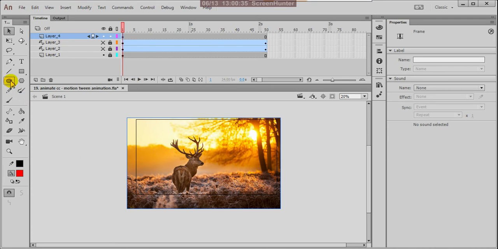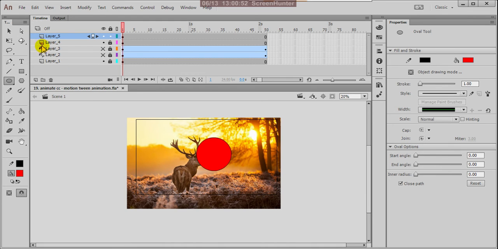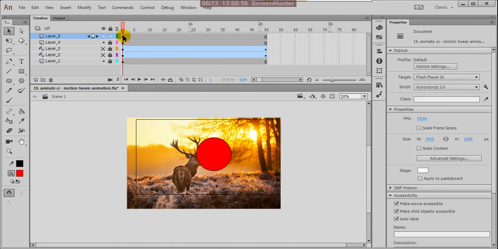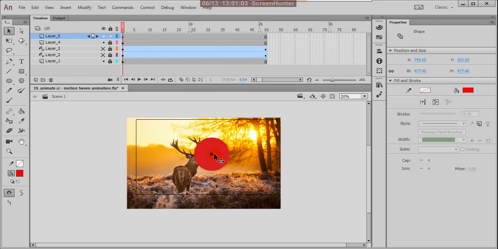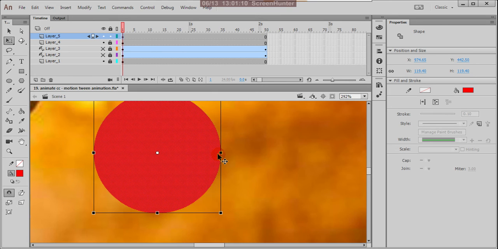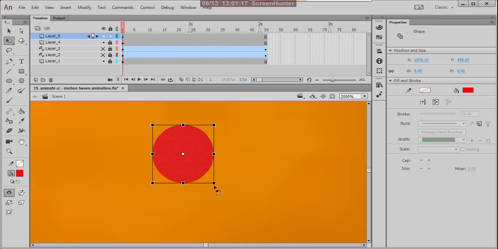This is my background. Over that, get one more layer, and here I'm creating one circle, and delete this outline.